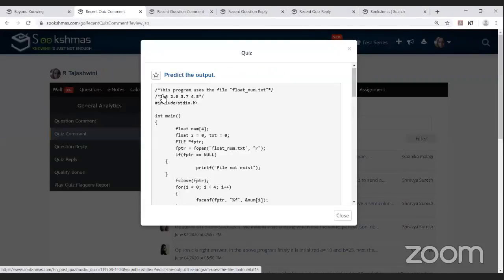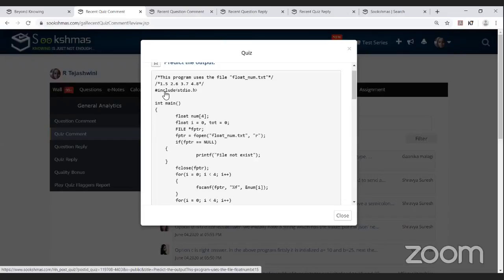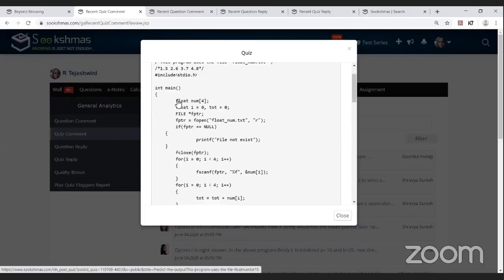Output. This program uses the file float_num.txt. This is the comment line she has included: 1.5, 2.6, 3.7, and 4.8. And here is the header file #include <stdio.h>. And in the main,